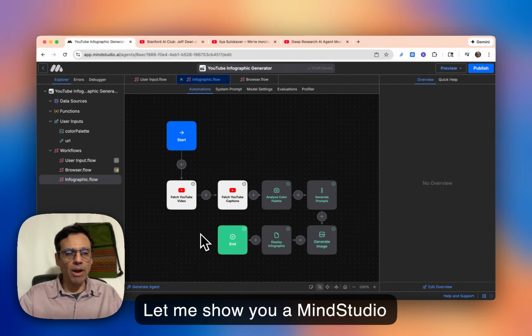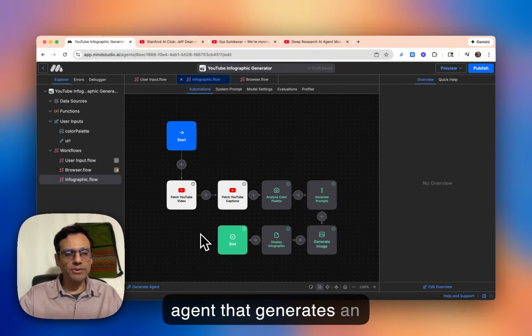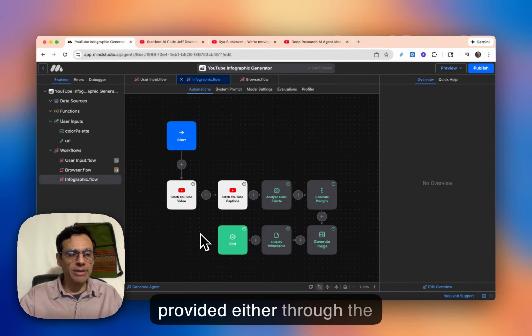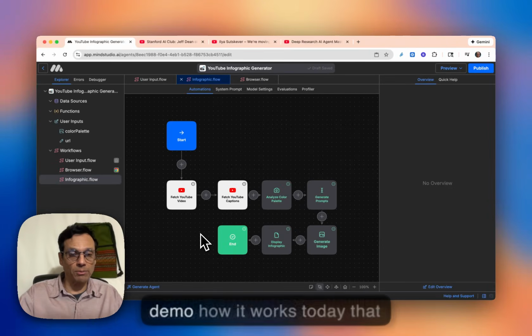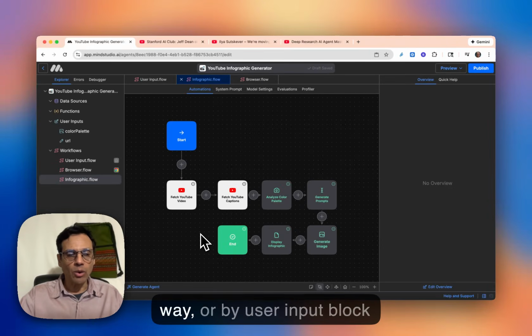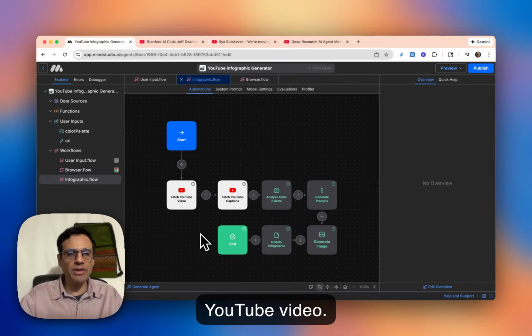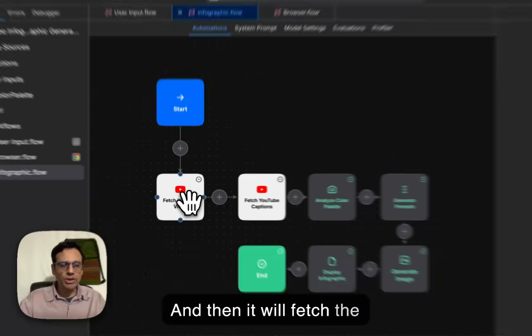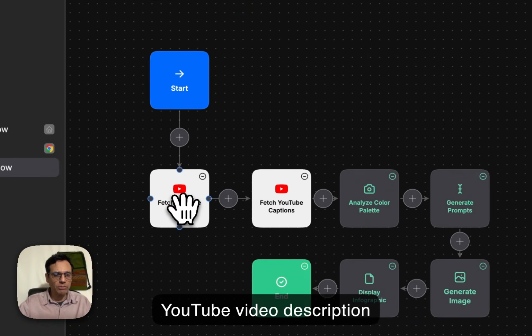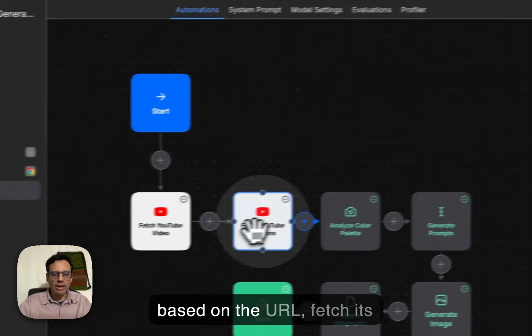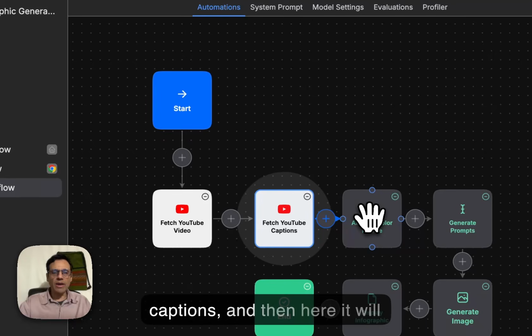Let me show you a MindStudio agent that generates an infographic using Nano Banana Pro based on a provided YouTube video. This YouTube video can be provided either through the browser extension, which I will demo today, or by a user input block where a person just pastes in a YouTube video. And then it will fetch the YouTube video description based on the URL, fetch its captions, and then here it